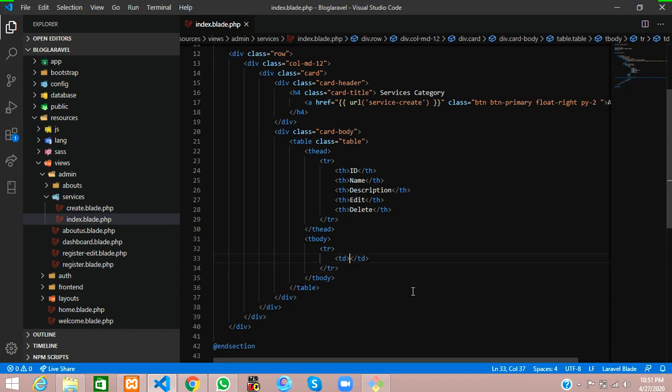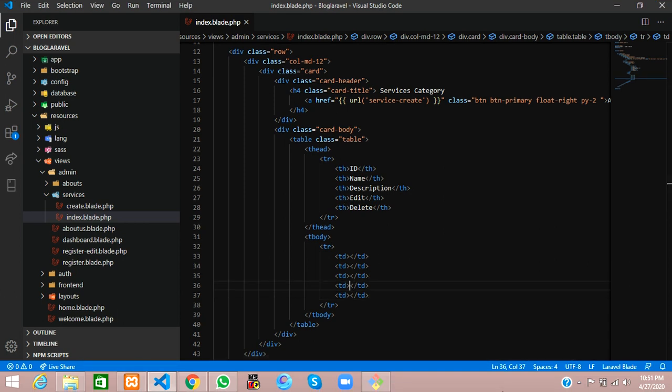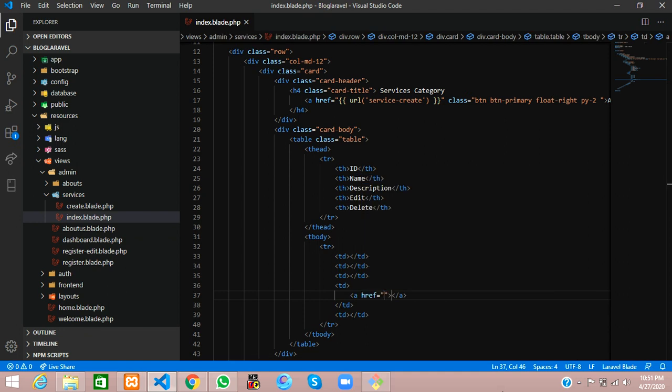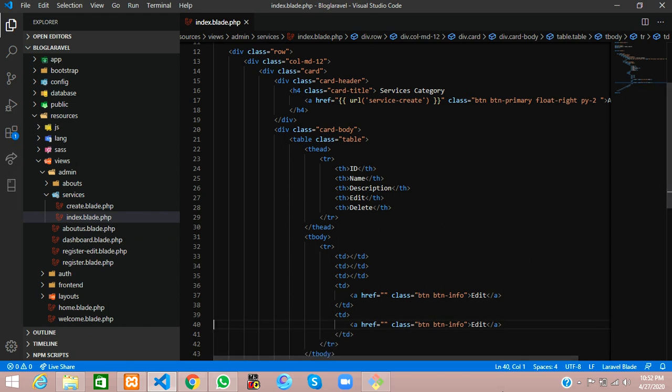There are totally five things, so I'm just going to copy and paste five. For edit and delete, you can call an a tag with the class button; for edit we keep info and write edit. Same thing copied for delete, where danger is used. Let us save the delete button design.